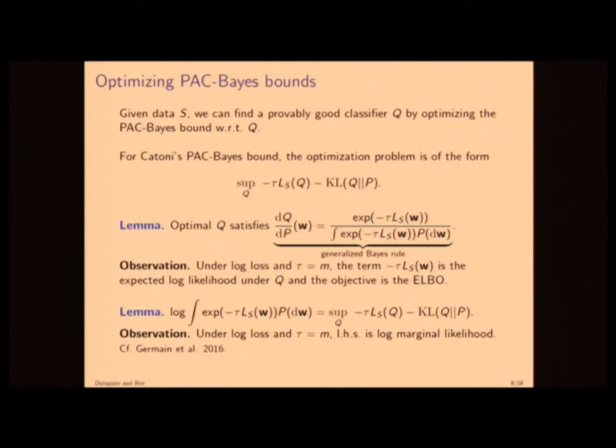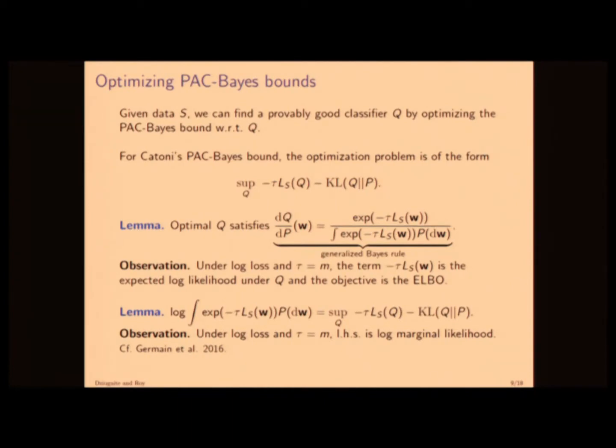Now, the optimal answer, we know it analytically. Here's the answer for this particular PAC-Bayes bound. It'd be nice to use this one, but this is generally intractable. I think in PAC-Bayes theory, you often find yourself knowing what would be the optimal thing to do, but then you're hamstrung a little bit by computation. Or at least that's how I think about it.